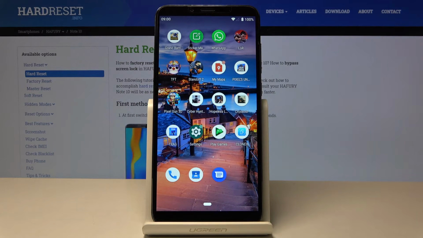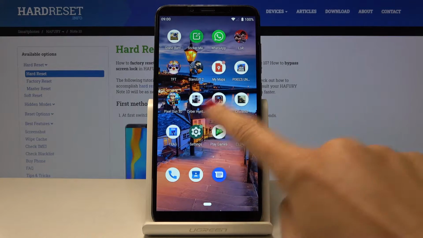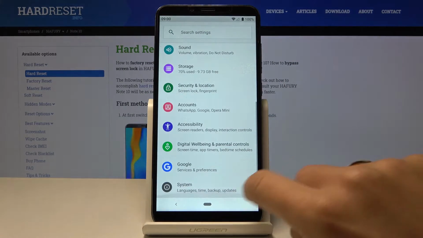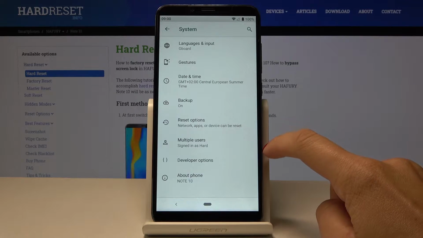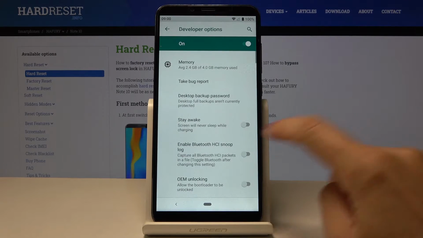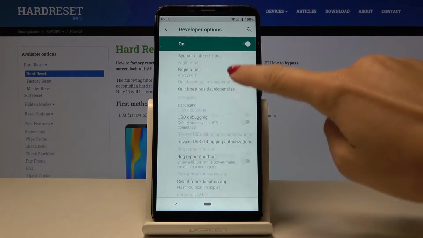In front of me is HAFURY Note 10 and let me show you how to adjust colors on the following device. So first of all, just open the settings, then find and select System, go to the Advanced Options and click on Developer Mode. Now scroll down,